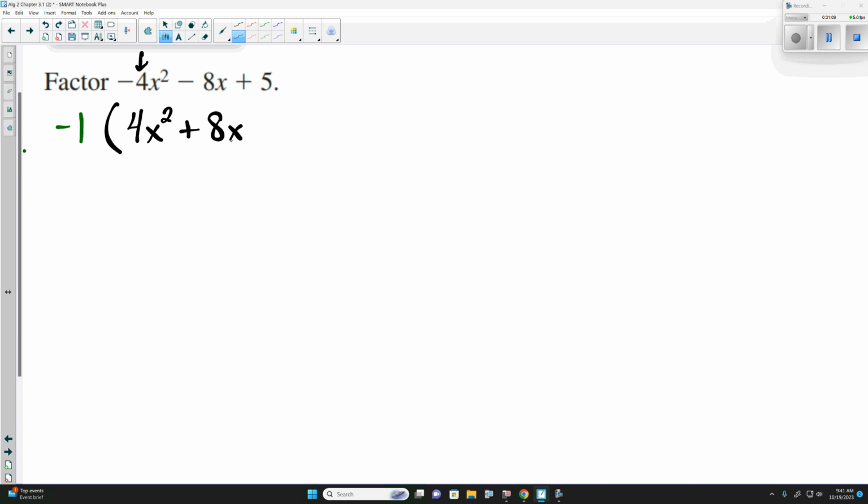Negative 8x becomes plus 8x. 5 becomes negative 5. And now it falls back in line with how all the ones we've done thus far. Now we don't have to keep writing negative 1 because a negative out front says the same thing. If you need, or it helps you to have it, write it as negative 1. Yes. Now when we look at the third term, if the third term is positive, the signs are the same and they match the sign of the middle term. If the third term is negative, the signs are opposite. So one's